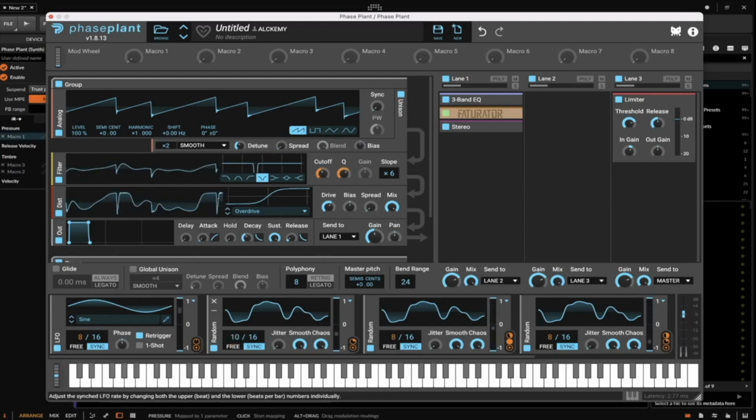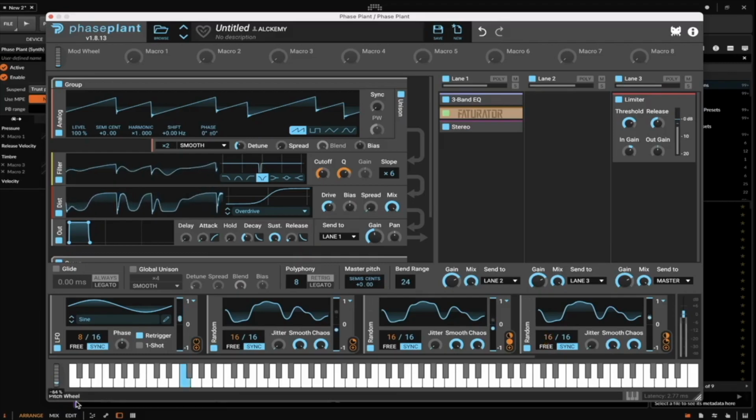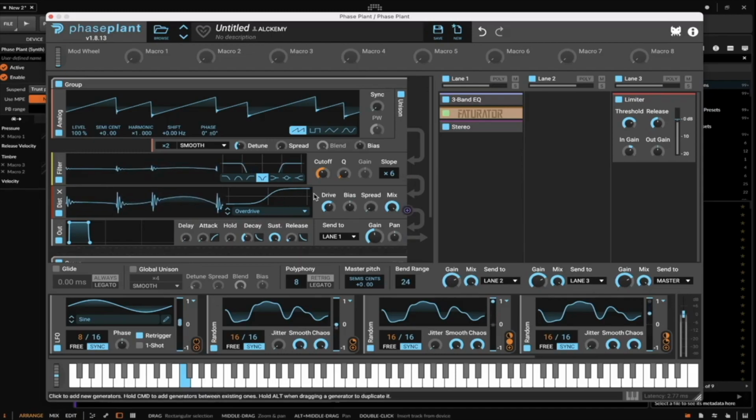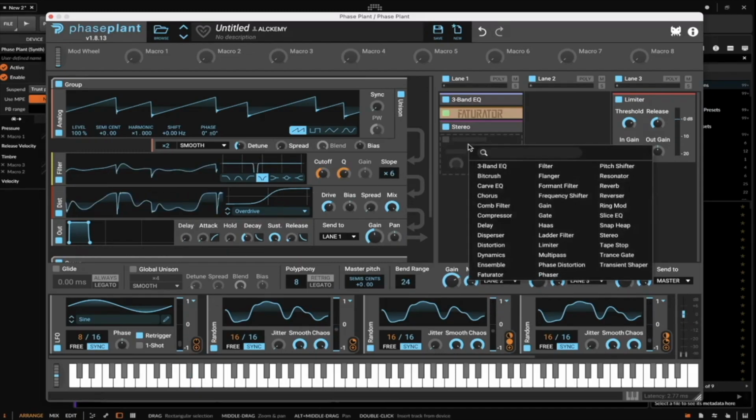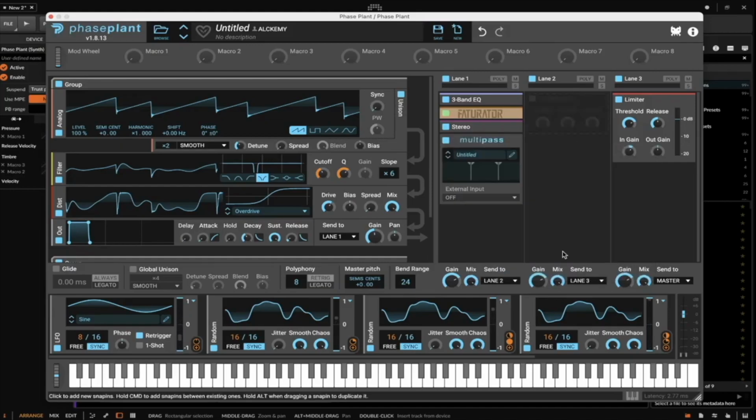Now that's a little bit too fast for me, so I'm going to go ahead and pull this up a bit. Same thing for here. Same thing for here. Nice. Now, the next thing that we're going to get into is a little bit of multipass,